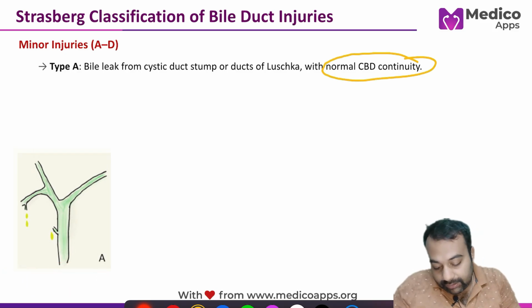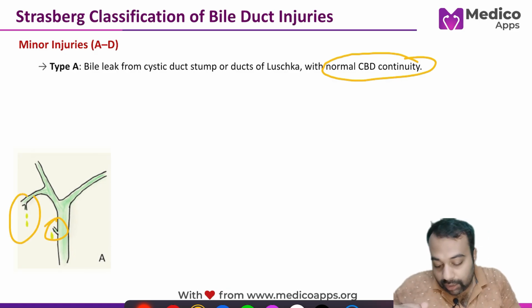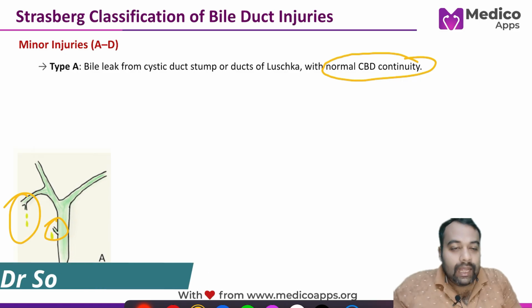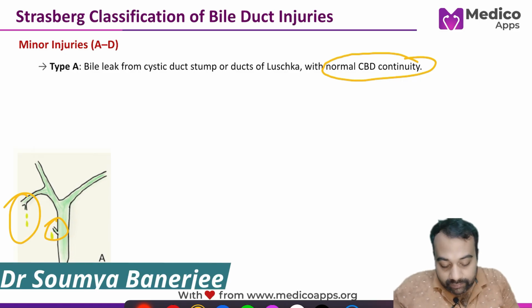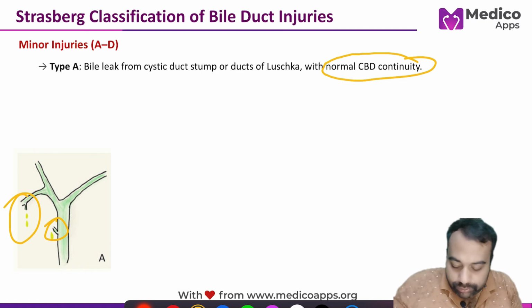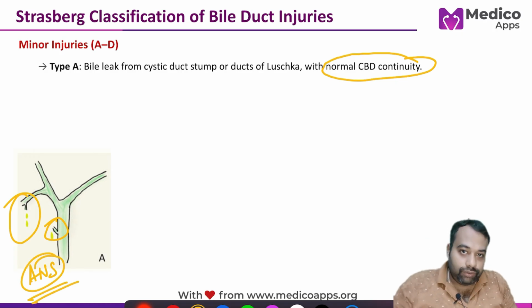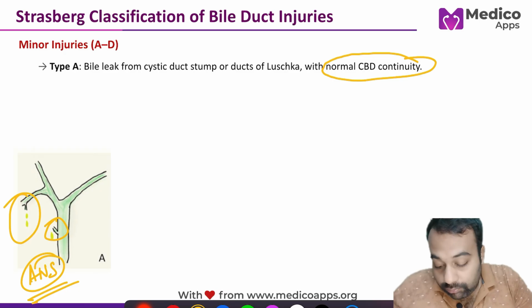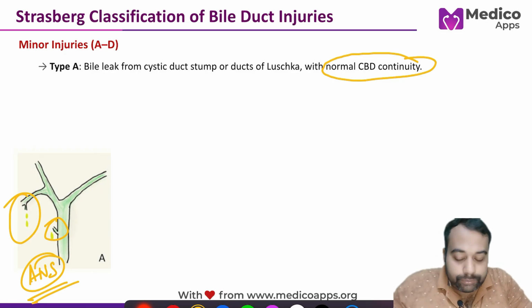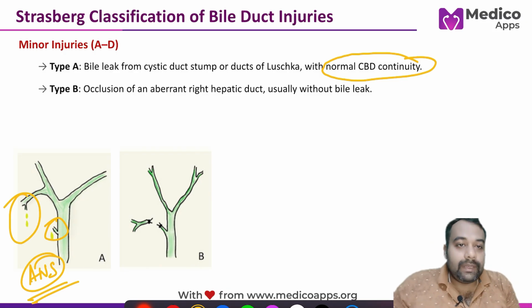So obviously you can see in this image that this is the cystic duct, from where there is a leakage, and this is the duct of Luschka. And the same image has been given in the question as well. So this is going to be your answer. Your answer is the type A injury. Now let's try to see the other options as well. Now the type B, right? Your type B is basically there is an